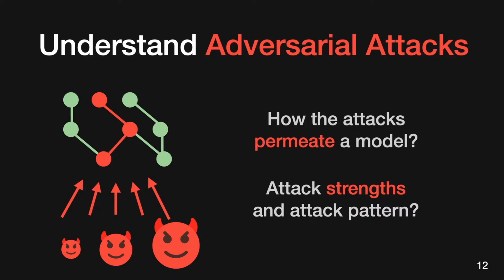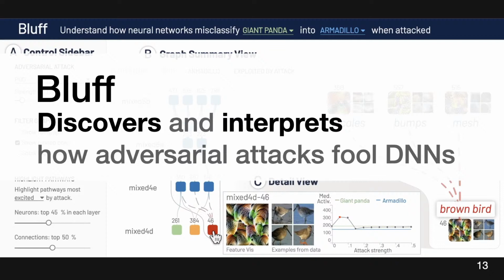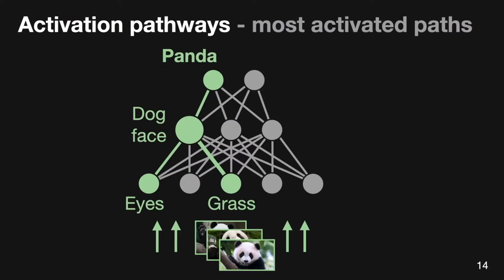We present Bluff, an interactive visualization tool for discovering and interpreting how adversarial attacks mislead DNNs into making incorrect predictions. Our main idea is to visualize activation pathways within a DNN traversed by the signals of input data. For given input data, an activation path